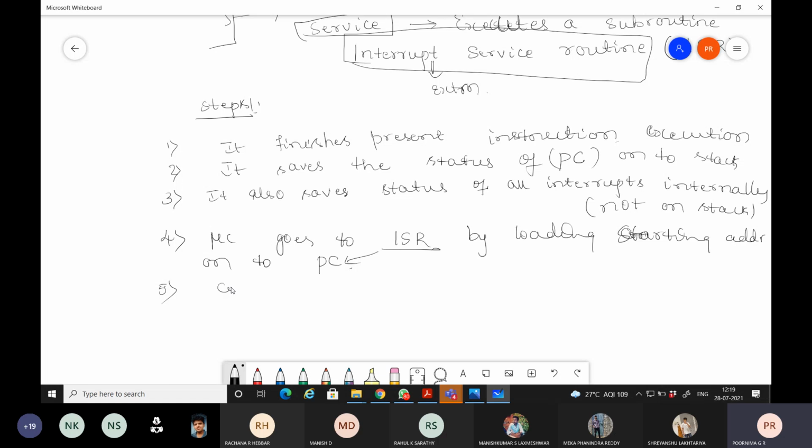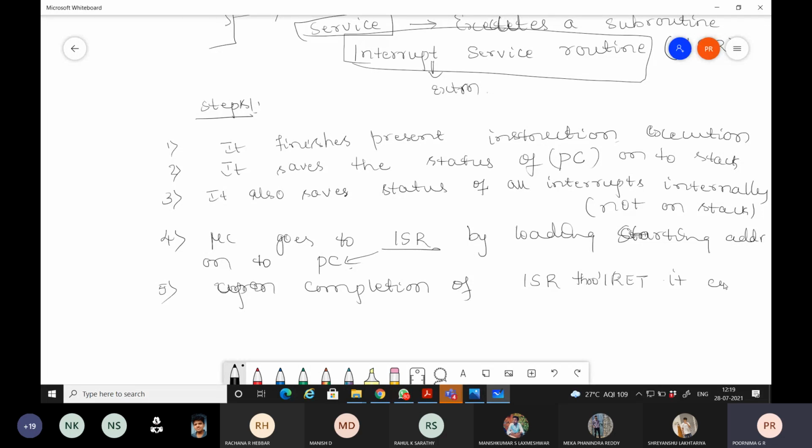Upon completion of the ISR, there is an interrupt return instruction.